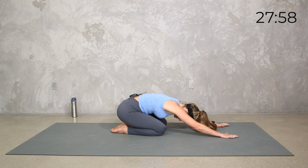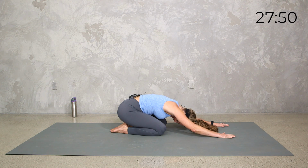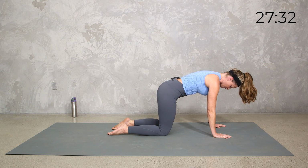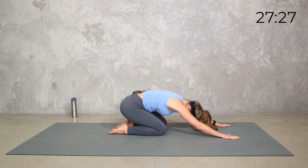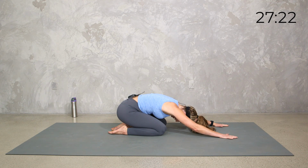Now we're gonna take it back. We're gonna sit back into a child's pose. So I want you just to press the shoulders side to side, give your wrist a little break. Sitting back into those hips, reaching those fingertips. And then we're gonna come up into an all fours position. So we're here, 3, 2, you're gonna pop it up and connect with that core, not holding your breath. Then we're gonna sit back and up and connect with your core. So again, still just kind of warming up through here,